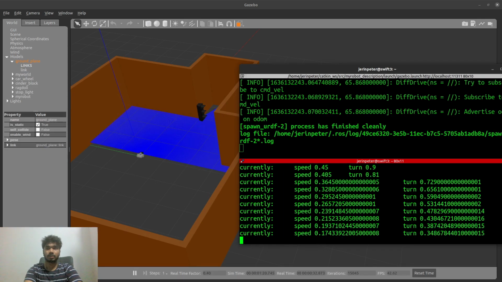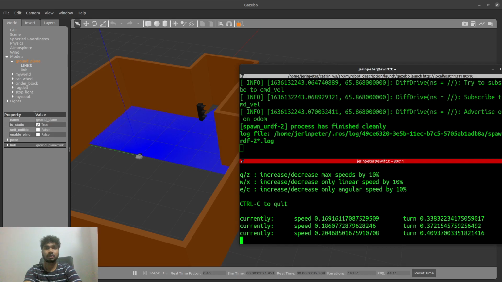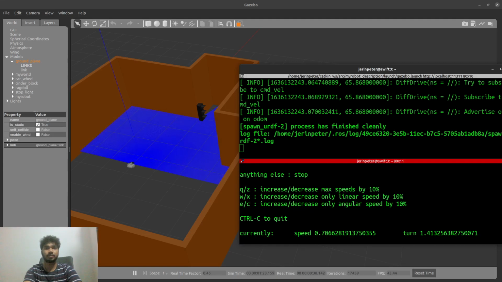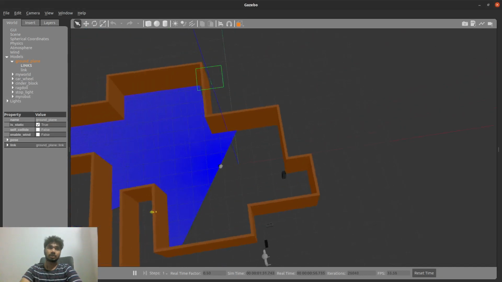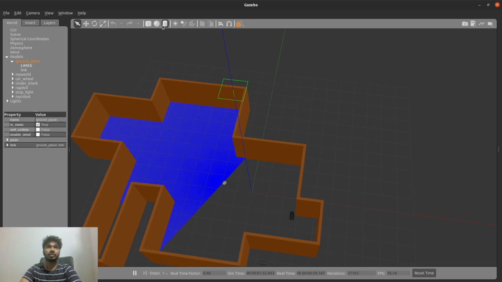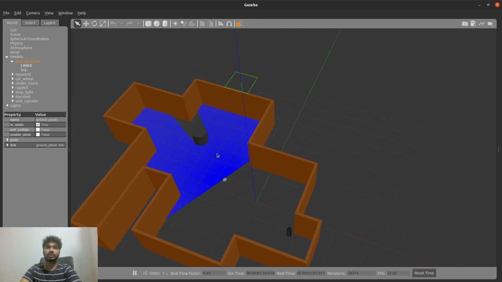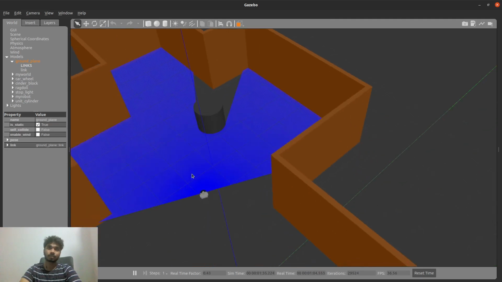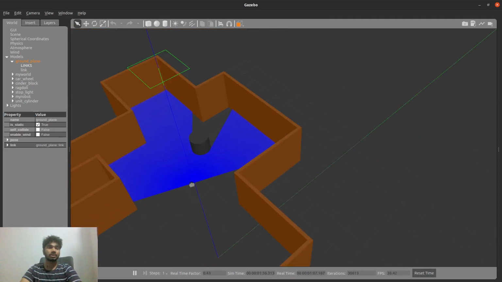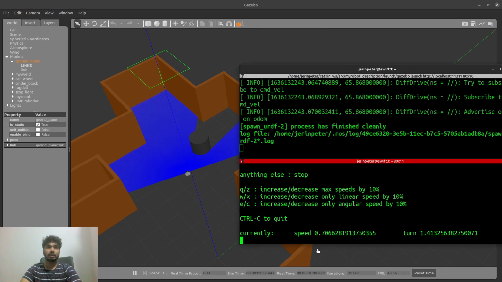Let it load, and let me decrease the speed. Yes, the robot is actually moving, and I can control it without any issues. And you can see how the LiDAR rays are animated in the simulated environment because of the obstacle by the walls. Yes. And if we keep an obstacle here, you can see how the LiDAR rays are getting obstructed. So that is how we create a Gazebo world and spawn our robot in that Gazebo world.